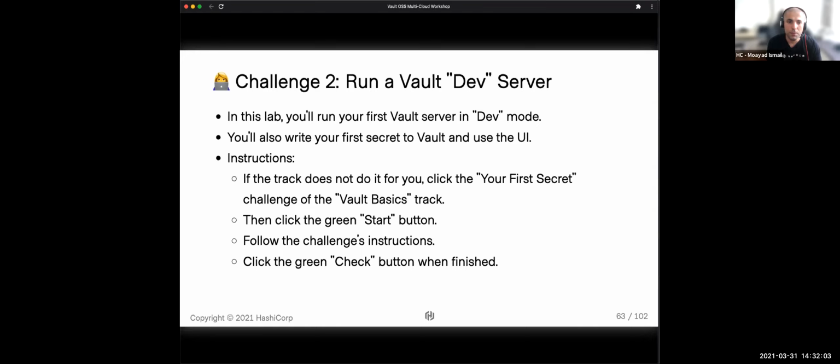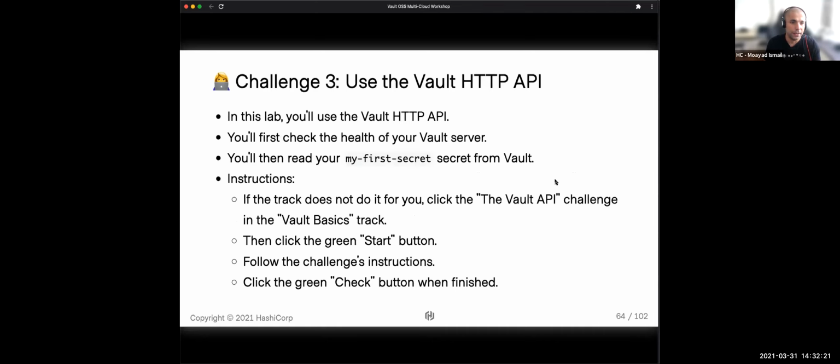So with that in mind, you've covered quite a lot of ground so far in the introduction lab. We'll just recap. We were able to launch a Vault server in dev mode. So that's great, now you have an idea of how to do that. The other challenge you did was how to call the HTTP API using curl statements, and you were able to create your very first secret.